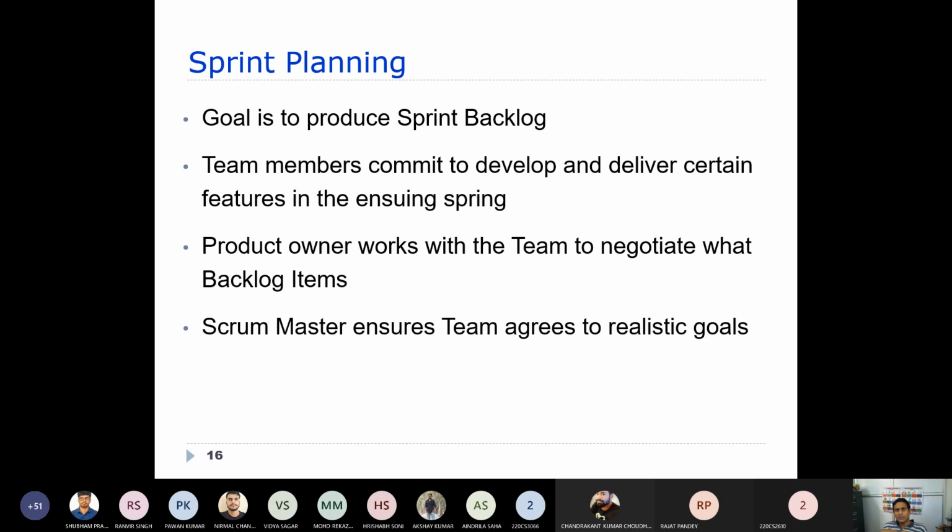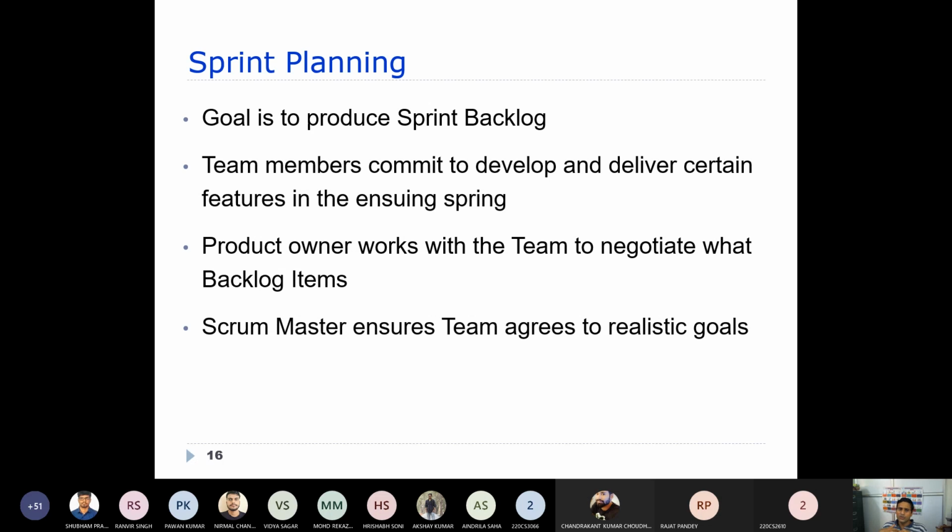So team members commit to develop and deliver certain features in the ensuing sprint. Whatever features are chosen during this sprint planning will be handled through the following sprint. The product owner works with the team to negotiate what backlog items.